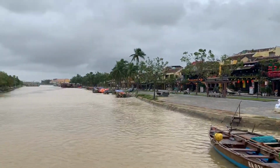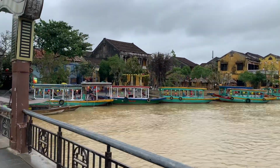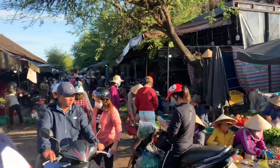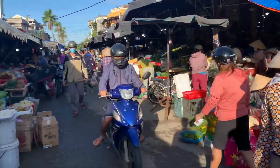Hello everybody, this time we are visiting the old town of Hoi-An. It's one of the nicest towns that I've been to. It's at the southern part of Da Nang. Da Nang is just a big city with markets, as you can see, anything you need, anything you can see